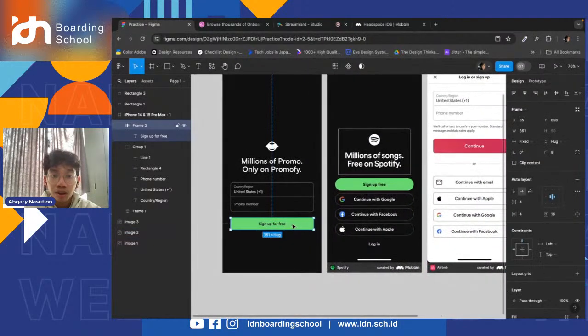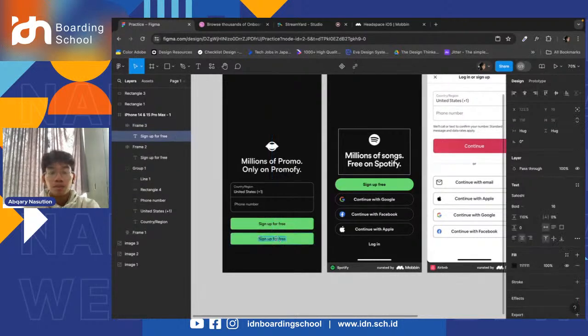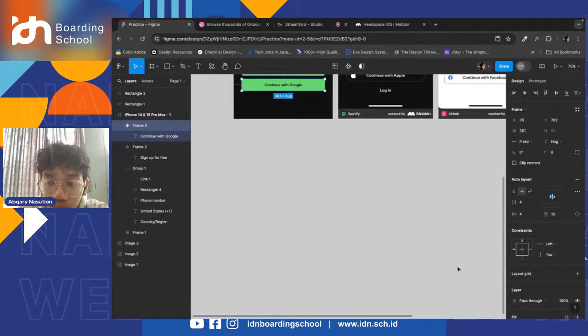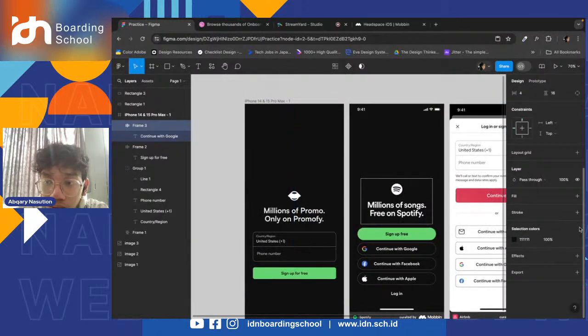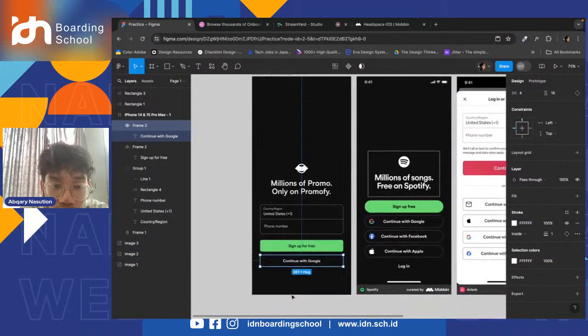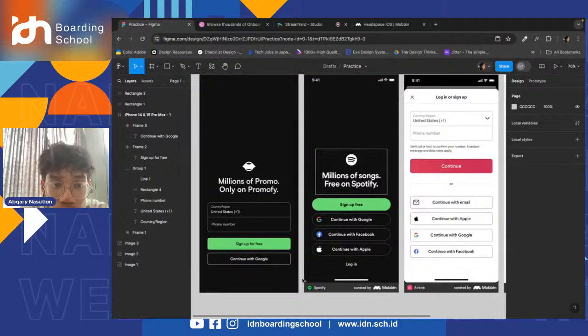So we just duplicate this and type in continue with Google, and then change it, remove the fill and add the stroke white, change it into white, and then white. So yeah,